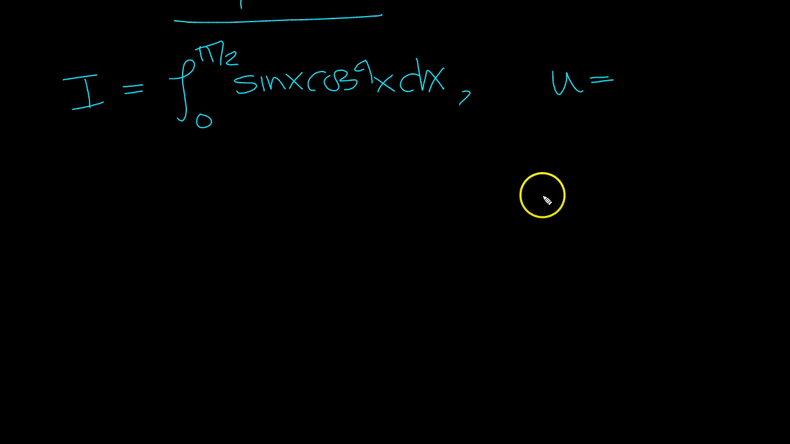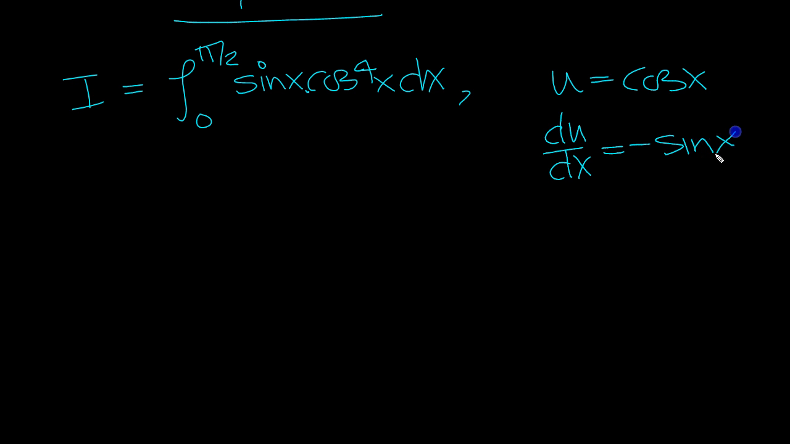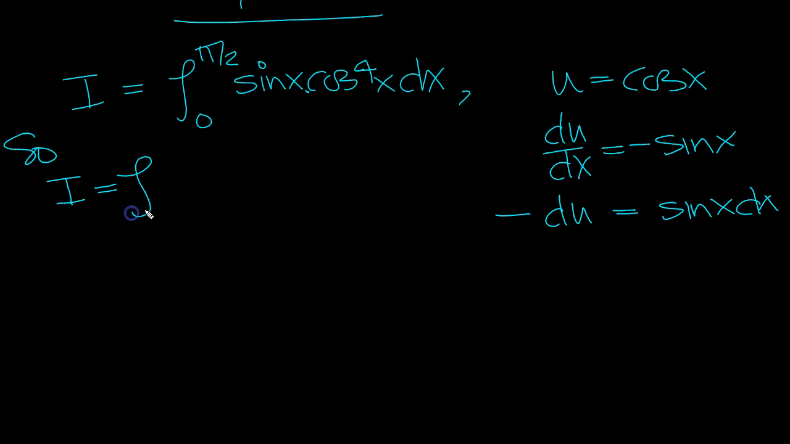Next one. Here we've got cos to the power 4, so u would be cos x, wouldn't it? And cos differentiates to minus 1 lot of sine, so it's a multiple of this part of the product. So that looks good. du/dx is equal to minus sine x. So du, put the minus over here, is equal to sine x dx. So I is equal to then